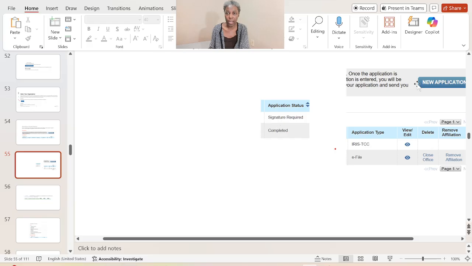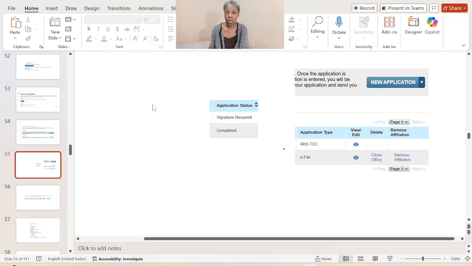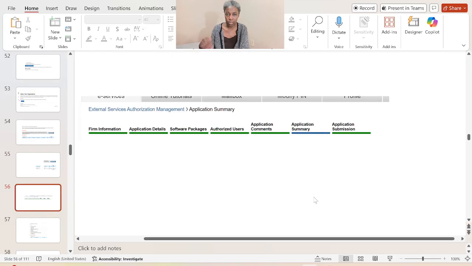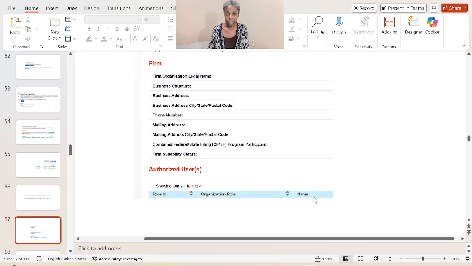So it's showing new application, and it's showing his name for the existing application, and it's showing signature required. And technically should put this somewhere here like this. So signature required, and for this one was completed. So therefore he has the option from this point on to continue,